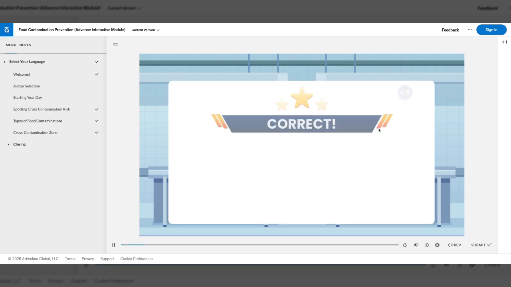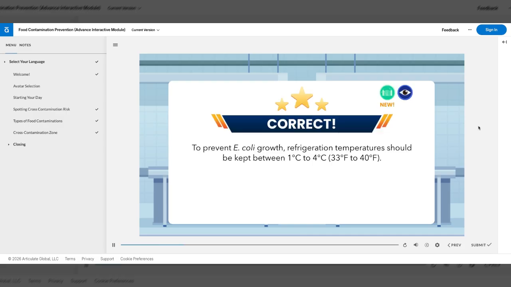Correct. To prevent rapid E. coli growth, refrigeration temperatures should be kept between 1 degree Celsius to 4 degrees Celsius, 33 degrees Fahrenheit,